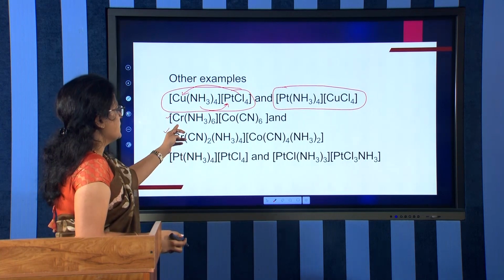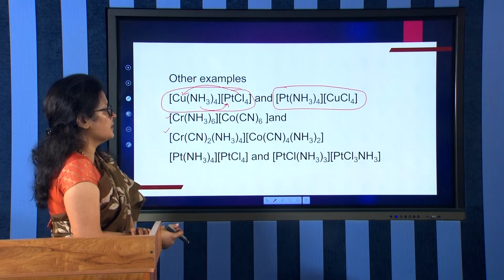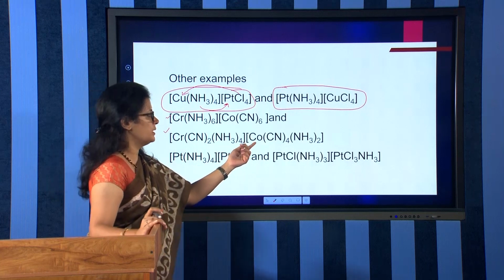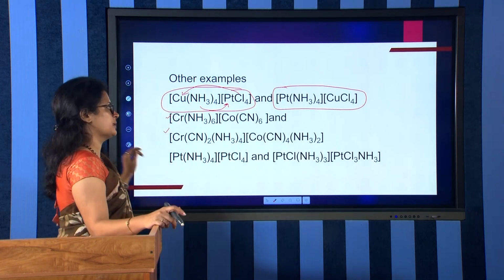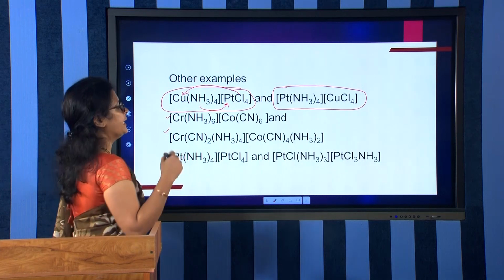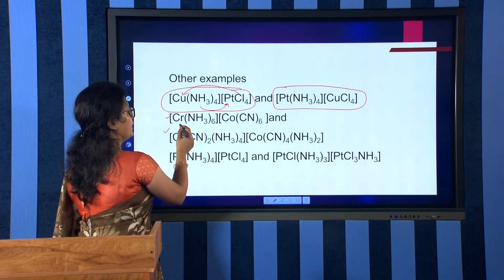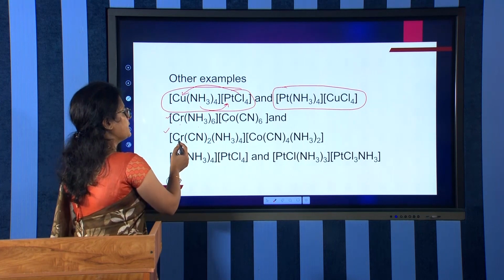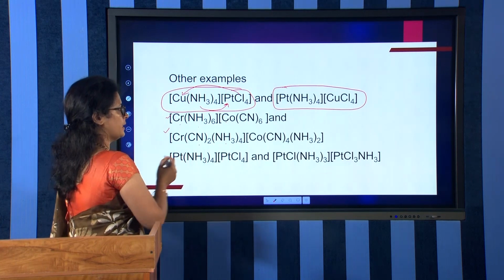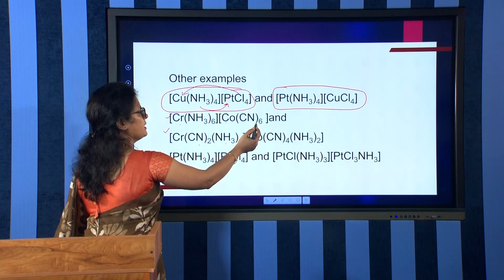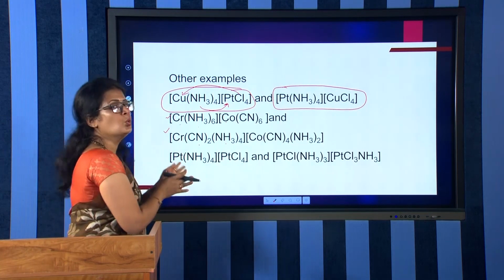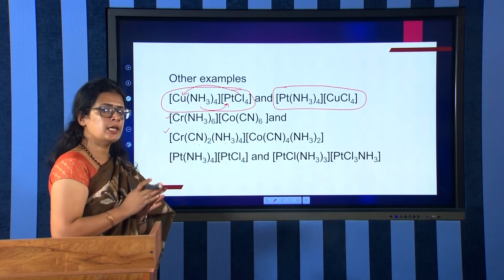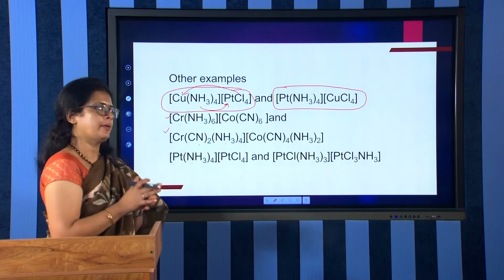Again, these two are coordination isomers. How does it become? [Cr(NH3)6][Co(CN)6]. In the second case, [Cr(CN)2(NH3)4][Co(CN)4(NH3)2]. What is the difference? The ligands are being exchanged between the cobalt and chromium. In this case, chromium is having ammonia as a ligand. In the other case, ammonia plus cyanide ligand is there. The 6 cyanide ligands are divided as 2 and 4 in the second type. That is the only difference. So, ligands are being exchanged between the two metal ions.